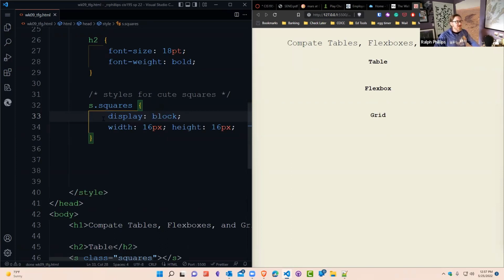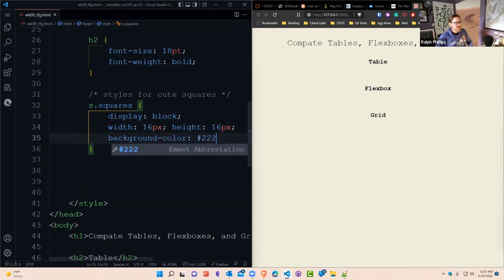It really doesn't matter that I put display block before the width and height versus after. It's just my thought process. I think it makes more sense. Before I set the width and height of something, I like to confirm that it's a block element. So that's the only reason I put them in that order. It would work fine any other order. And then so I can see it,